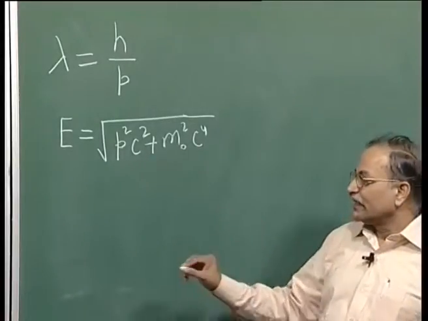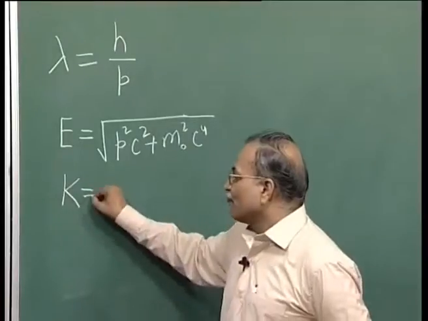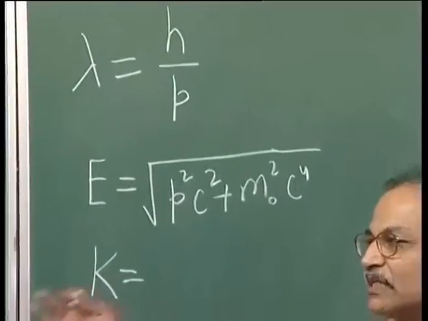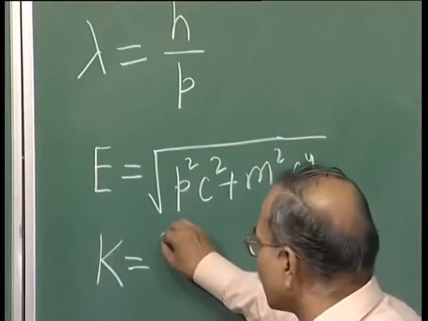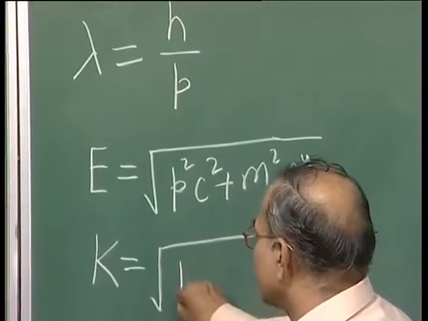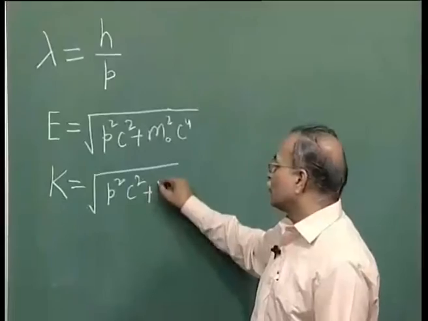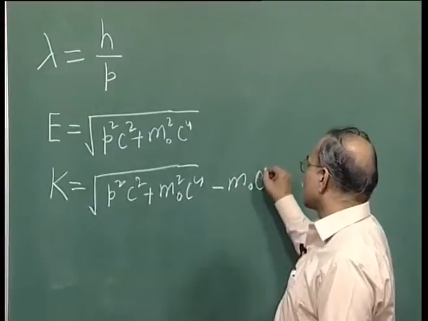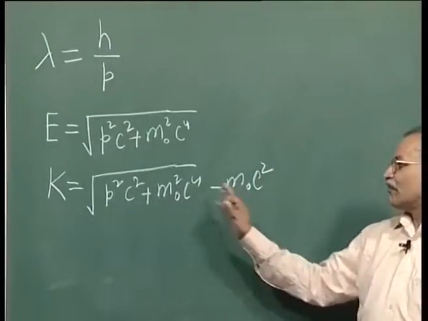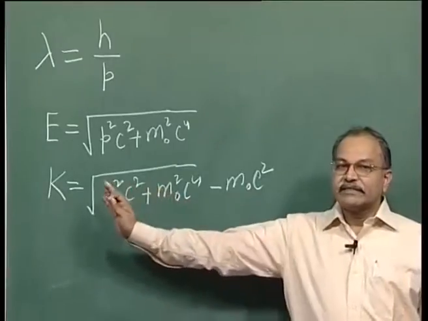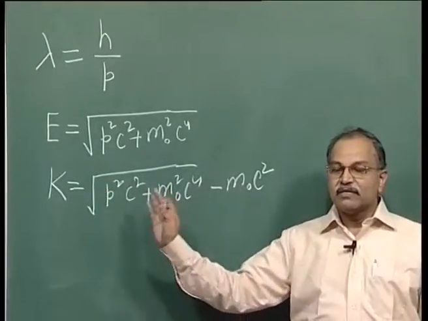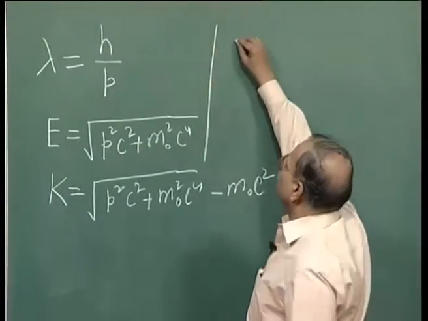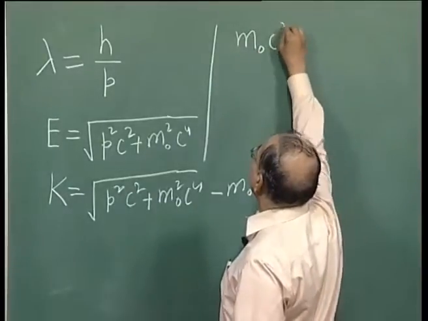This m naught is the mass of electron, and this c is same as this c. This is total energy, and the kinetic energy, which we control in the accelerators by putting proper potential differences through which this electron is accelerated, is this total energy minus the rest mass energy. So, square root of p square c square plus m naught square c4 and then minus m naught c square. So, total energy minus rest mass energy is the kinetic energy. Now, this is the general formula, and the rest mass m naught c square for electron